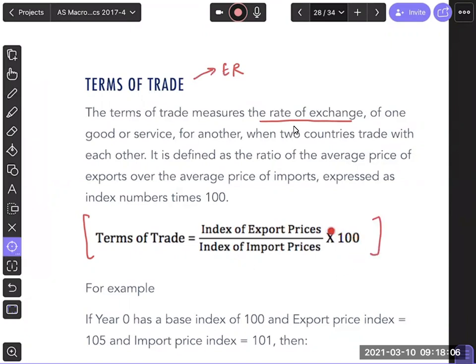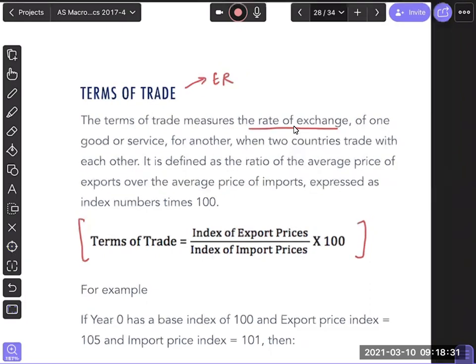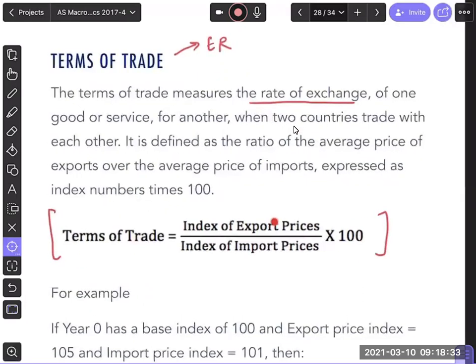times 100. What is index? Remember, just like in inflation, you have many goods in the economy, so you can't track the prices of all the goods. For export prices also, what you do is that you do indexing, which is basically a way where you have a basket of goods. From that basket, you figure out the prices of that few goods and look at how exports and imports are going. So what we do is just that we create a basket and figure out on average how the price is doing for exports versus imports times 100.